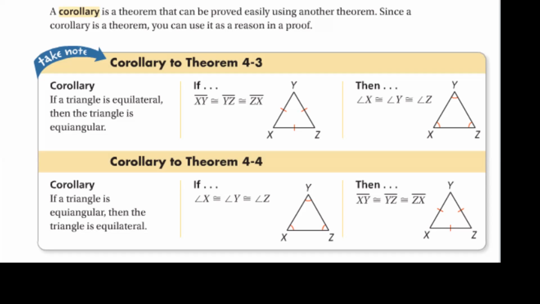Okay. Now look at the second. If the triangle is equilateral, then the triangle will be equiangular. That means if its three sides are equal, its three angles will be equal too. It's a result of 4, 4. Here now, in this one, if you have